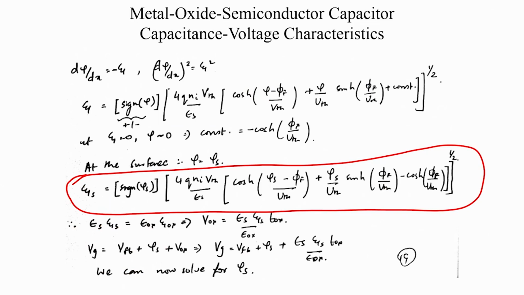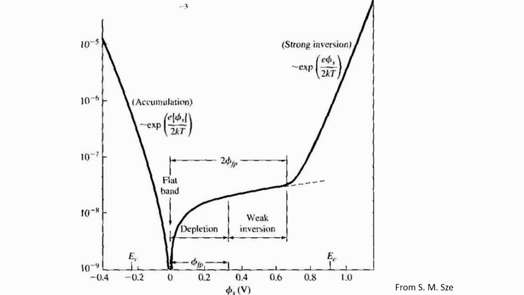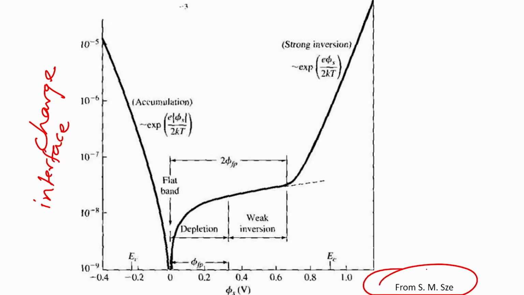And then you use this condition. So, this is the electric field. At what gate voltage is this electric field present? You need to calculate what phi s is, and you use these 2 conditions to solve for phi s. So, you know phi s, and therefore, you know the electric field. So, this is the exact solution to Poisson's equation, and that solution can also give you an indicator as to what the charge concentration is at the interface. So, this plot is borrowed from the textbook of SMZ,